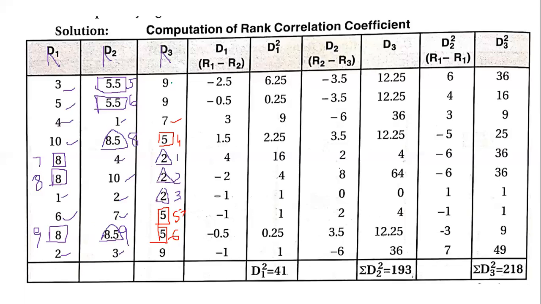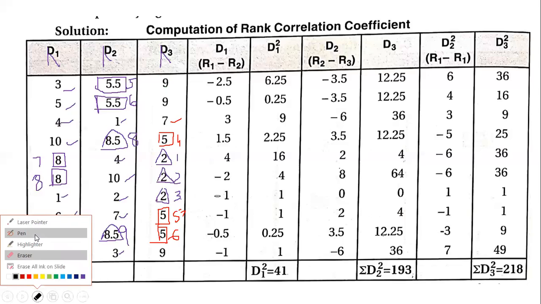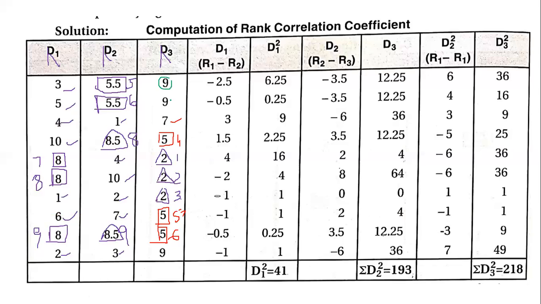Let us give a different shape. Let us give a circle for 9. Okay, now when you give a circle for 9, which means after 7, 8, 9, 10. So in this R3, all the numbers were repeated except for the 7th rank. Okay, so we have given all the different shapes here for the repetition.